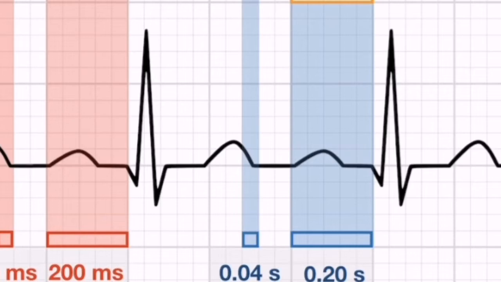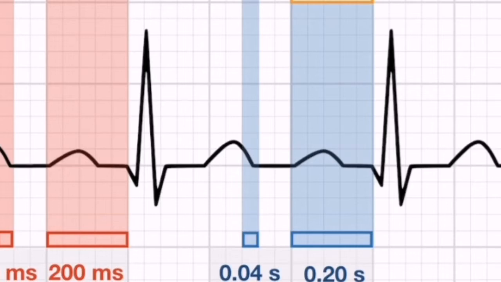We have the P wave, a small elevation. Then we have the tall elevation, which is the QRS. After that we have a small elevation. This is the T wave. Between each tall QRS complex we should have two small waves, one is the P and the other is the T wave. If we lost this